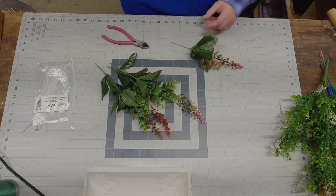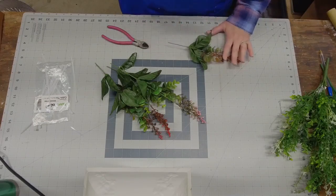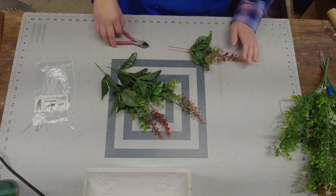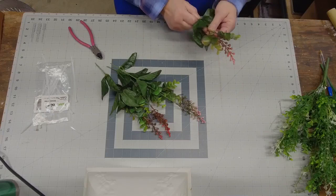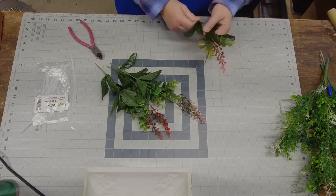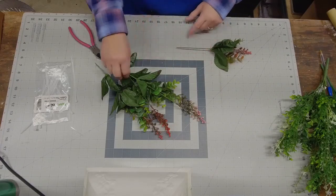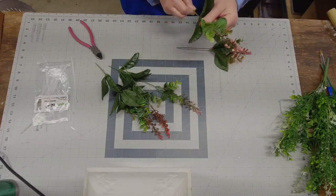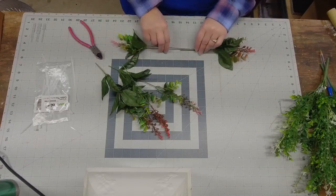So when we are building our lantern swag, we want 2/3 of the florals on top, 1/3 to the bottom. So the first thing I want to do is make sure that I'm taking full advantage of the height on my pick. So I'm pushing all of my greenery up. So we have a long pick. Push everything up so it's all presentable. This makes for a really nice